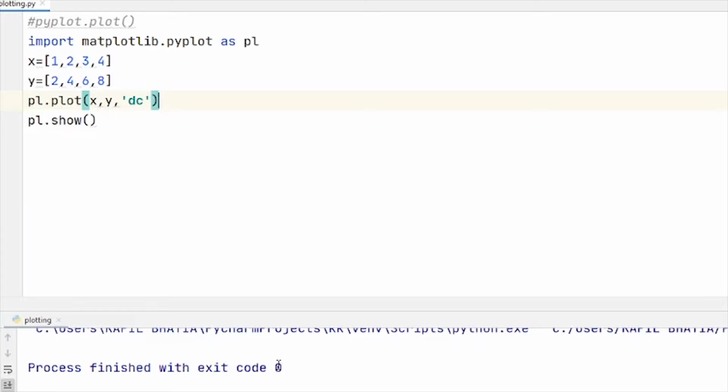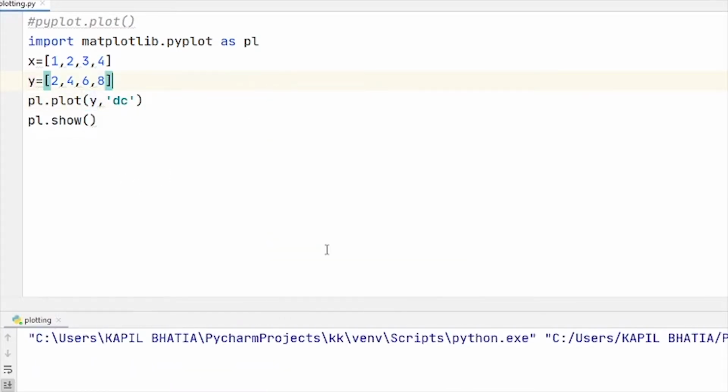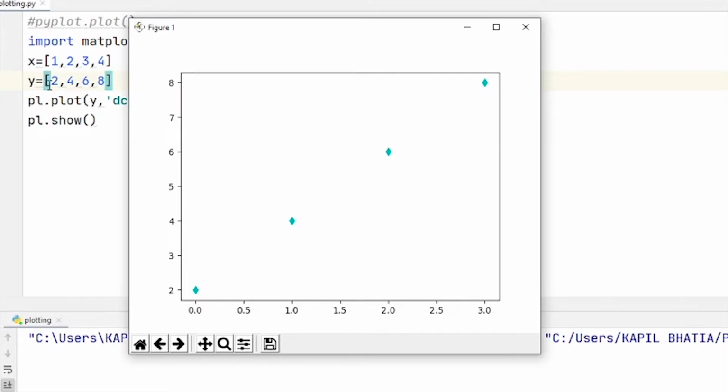If the plot function has only one list as the argument, then the argument list is taken as y coordinates and x coordinates are taken as integers from 0 to length of list minus 1. So here is an example. Suppose I remove x from here and try to run this code. Now here you can see in this function I just pass y.